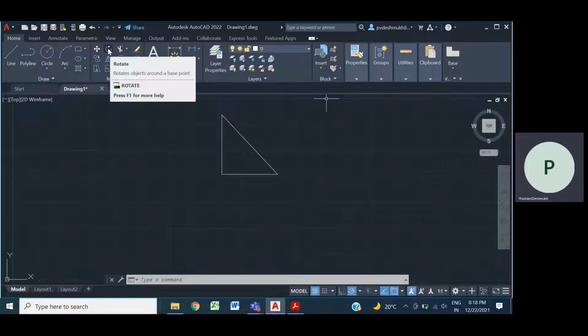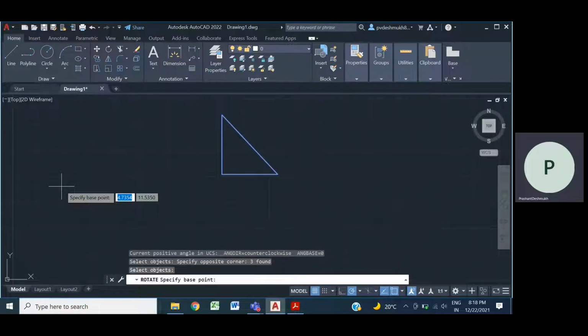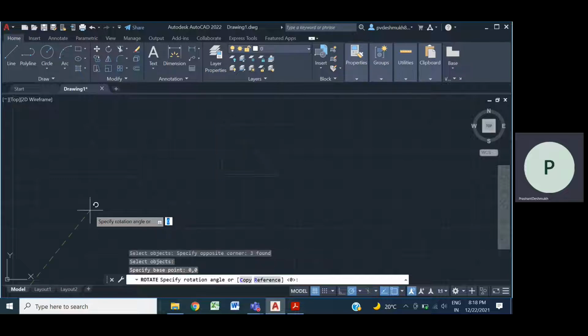So this is your rotate command. Always it asks to select the object. We have selected the object. Now select the base point. If you select a different base point, then the rotation will be different. Say 0 and 0, this is the base point.